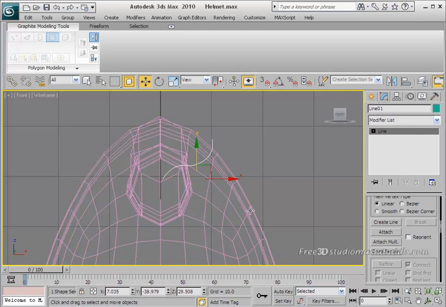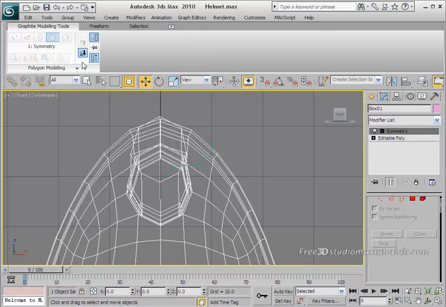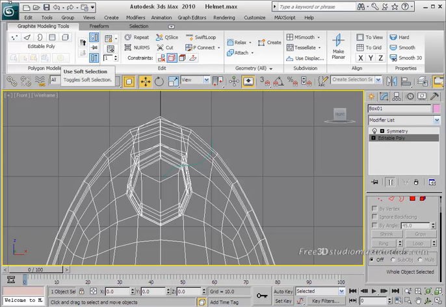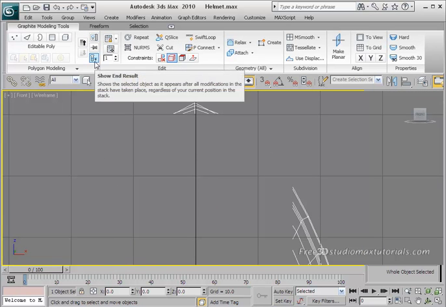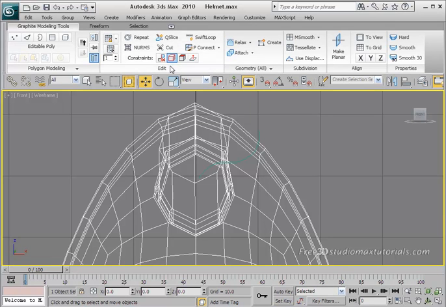Now select the helmet, and then on the ribbon polygon modeling panel, click previous modifier. Okay, now activate the polygon selection mode. Just click on that, then click show end result to turn it on. Okay, on the polygons drop down panel, now select the polygons,